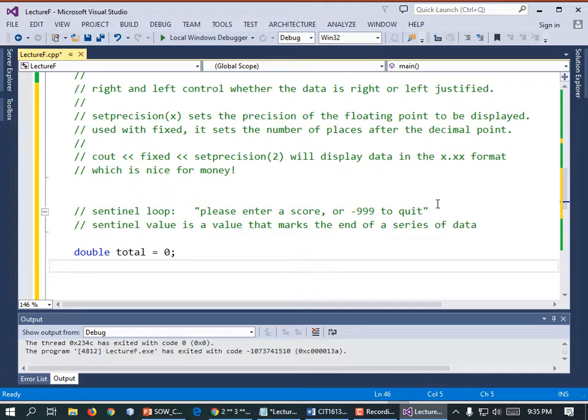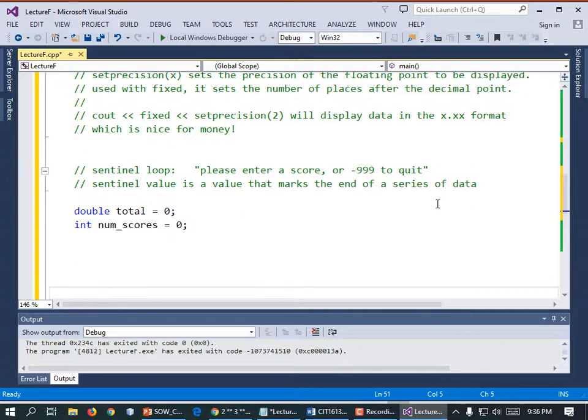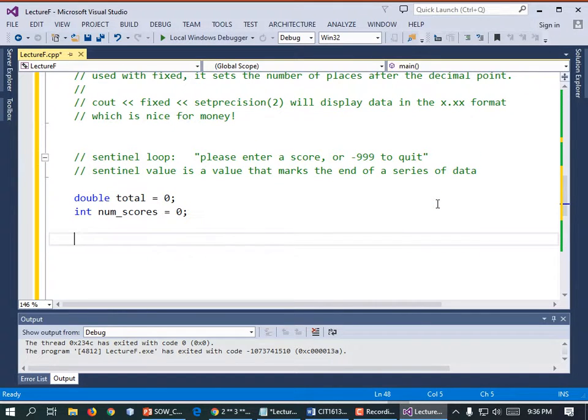That may as well be an int, because it's going to be a whole number: you've entered 1 score or 2 scores or 3 scores. So how about num_scores? int num_scores = 0;